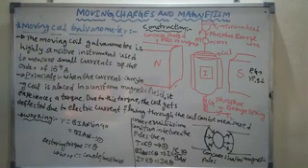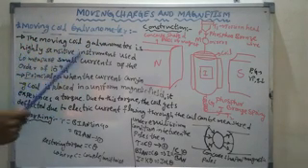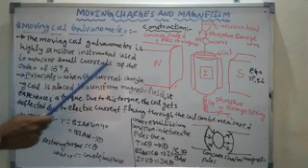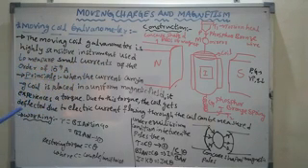Then what is the use of this moving coil galvanometer? In the laboratory we can use it. The moving coil galvanometer is a highly sensitive instrument used to measure small currents of the order of 10 power minus 9 ampere. In the board exam they will ask up to what smallest current we can measure using the moving coil galvanometer, that is 10 power minus 9 ampere.